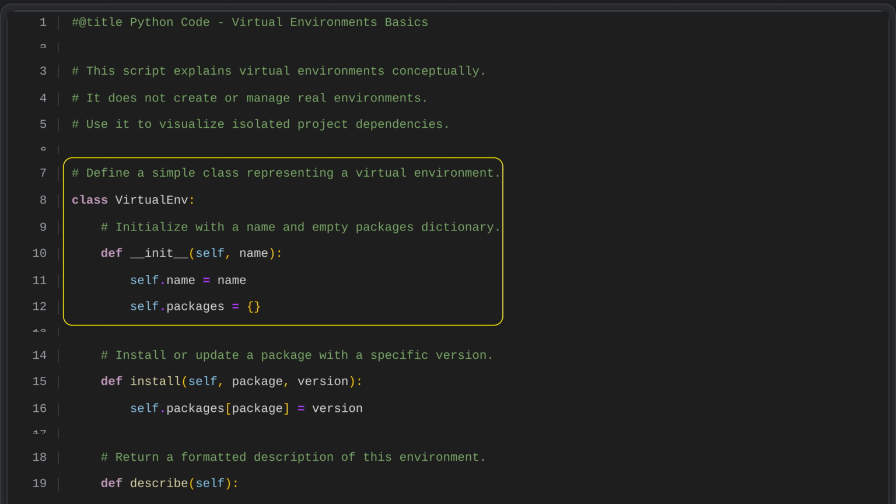We define a class called VirtualEnv to represent a virtual environment, and we initialize it with a name stored in an instance variable. The class also creates an empty dictionary to track package names and their versions. This design lets each virtual environment keep its own set of dependencies separate from others, so different projects can manage